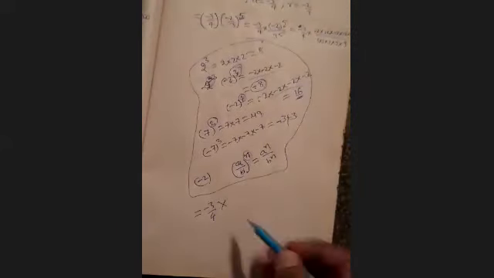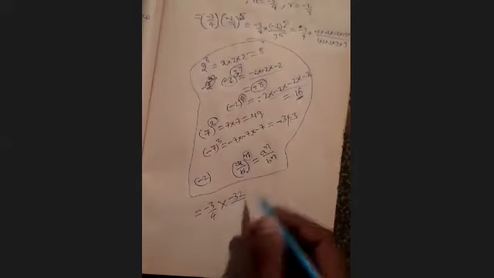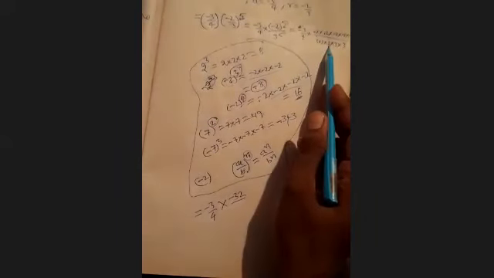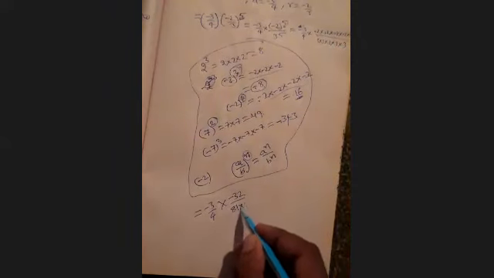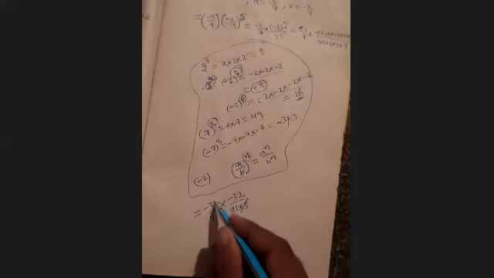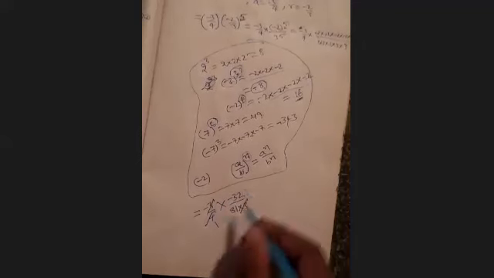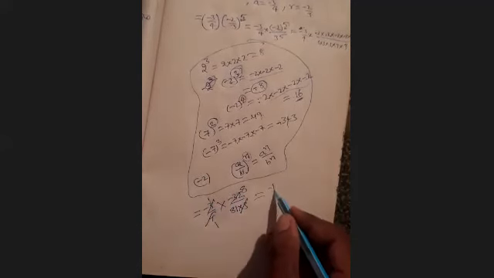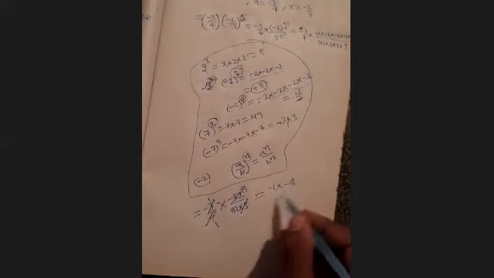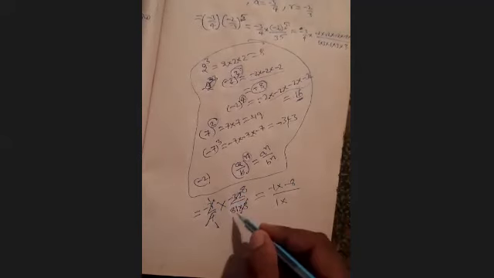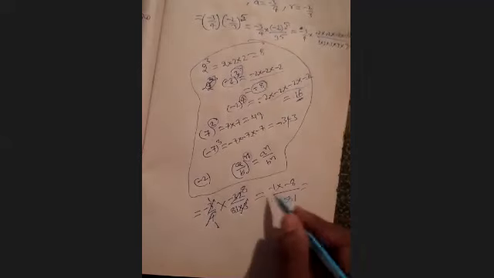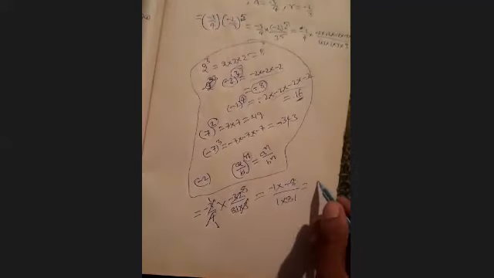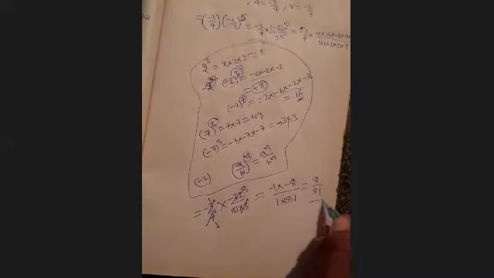Because 5 times you have minus 32 by 3. 3 times 3 is 9, 9 times 3 is 27, 27 times 3 is 81, 81 times 3. I'm writing only 81 into 3, I'm not multiplying. Why? Because these 3 will get cancelled, and 4 ones are 4, 4 eights are 8, cancel. Now this is equal to minus 1 into minus 8 by 1 into 81. Minus into minus is plus, 8 by 81. This is the sixth term.